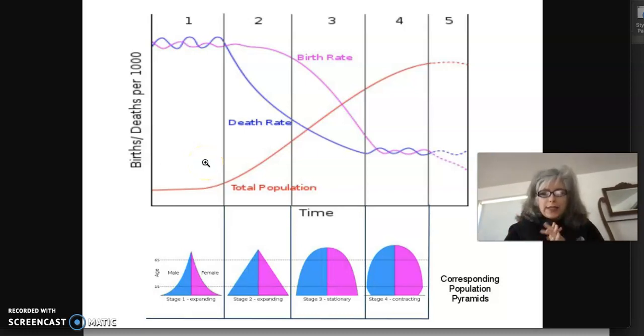Now, when you're reading about stage 1 in your textbook, whether it's the 11th edition or the 12th, you will read about agriculture and food supply. You will read about germs and food insecurity and things that were keeping the death rate high. Even though the birth rate was high, the death rate was also high, and so population stayed low and relatively stable. I, however, am going to back up from that because this stage 1, as it mentions briefly in the